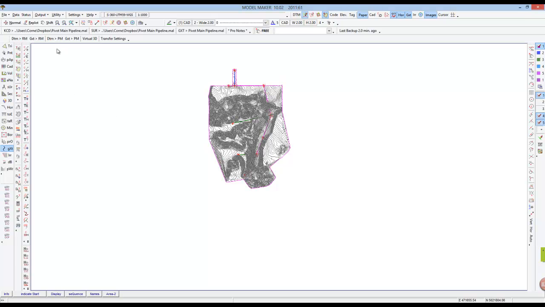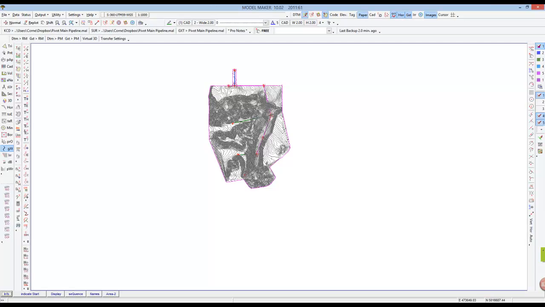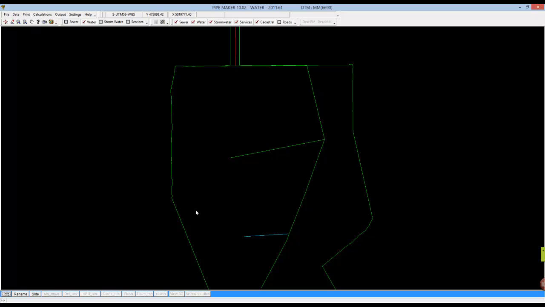So we would go to DTM to Pipe Maker, and that is done. If you go to Pipe Maker, you'll see the outline sitting there. You won't see any contours in Pipe Maker. And then we would go to Strings to Pipe Maker. Right, so the whole pipeline laid out for us. I would now activate my first segment,